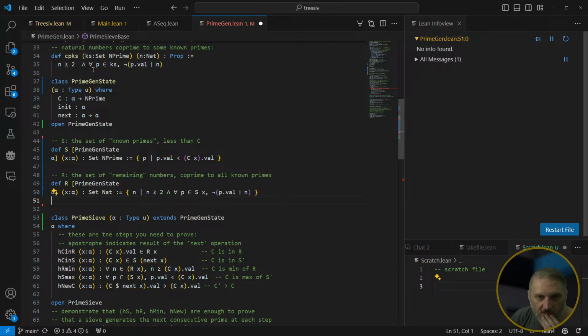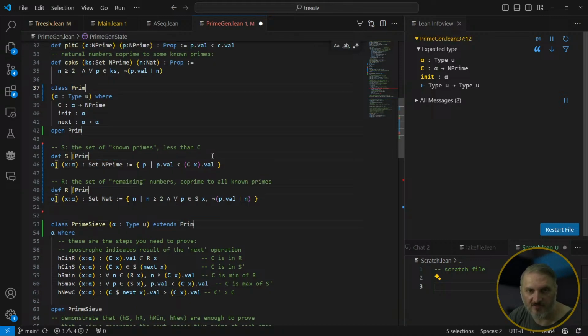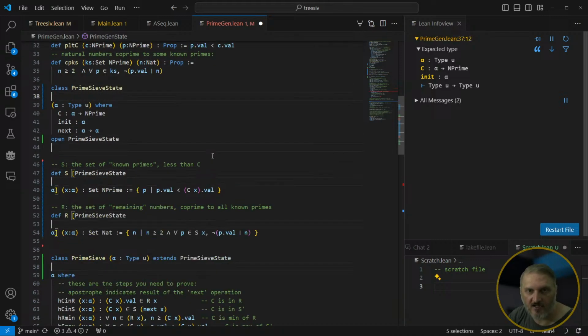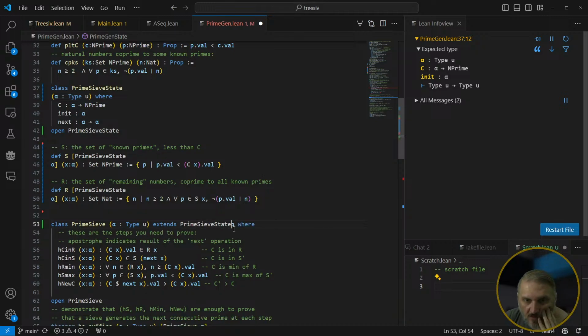So for each one of those, or maybe prime sieve state, because this is kind of like talking about what a sieve does. Prime sieve state. So given this state value, we have to prove all these things. And really, it could just be